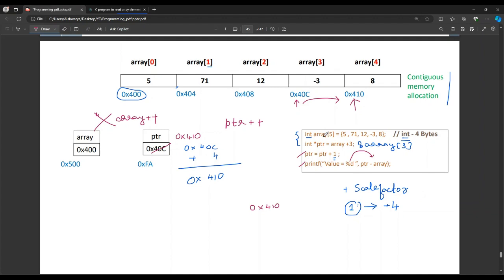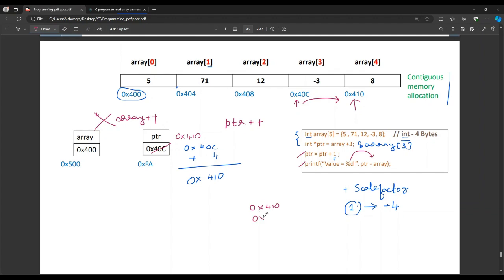So if array was float, then PTR would have been float, then plus 1 would have been the number of bytes that a float would be taking. We can never do that with the array name. It is a constant pointer. So those are the small differences between arrays and pointers. So the name of the array we can tell is a constant pointer rather than just a pointer. The name of the array you can never change. It will throw a compiler error.